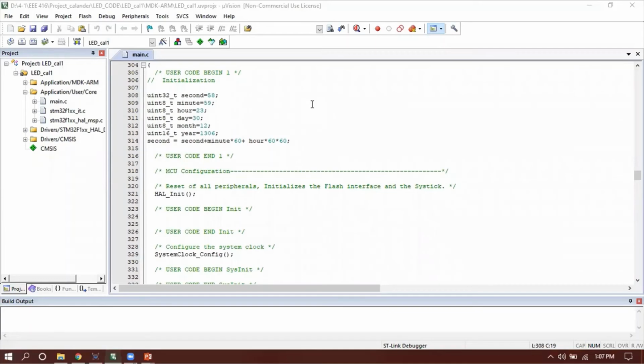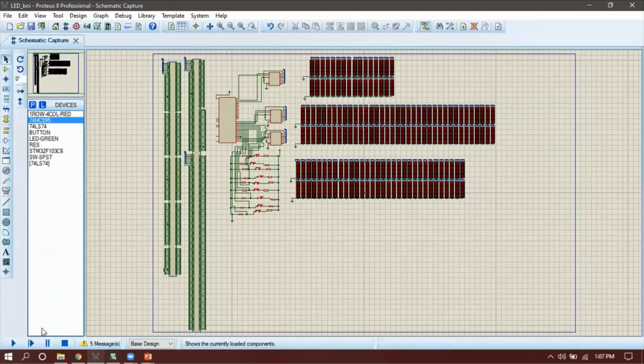Now let us simulate the project. These are the initial values that will be printed first, and after 2 seconds, the day, month, and year would change. So our initial value is 30-13-06.